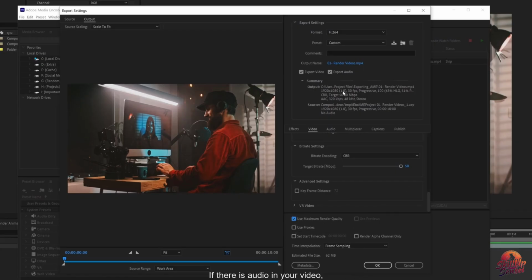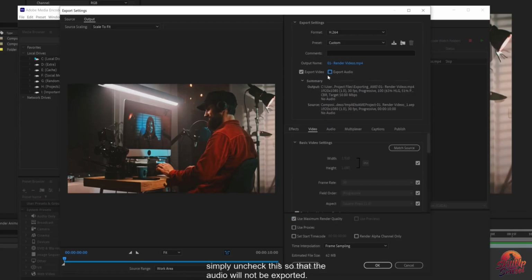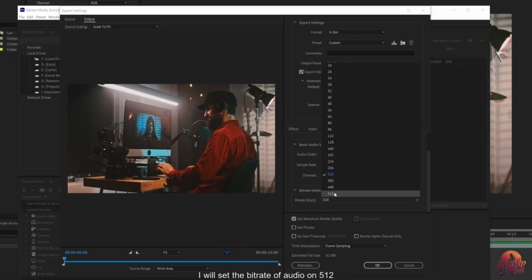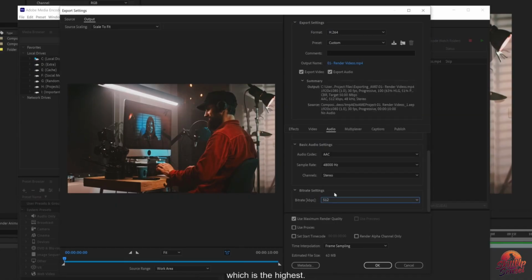If there is audio in the video, you need to go to the audio settings. If you don't want the audio, you can simply uncheck it so the audio won't be exported. So I'll go to Audio and scroll down here. I will set the audio bit rate to 512, which is